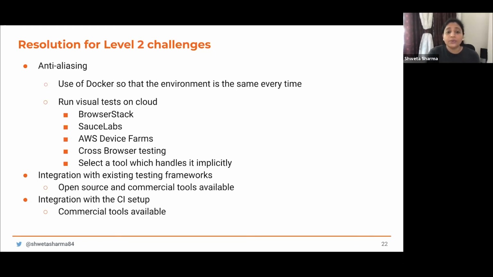Talking about integrating with existing testing frameworks, there are many open source and commercial automated visual testing tools available that would integrate with your existing testing framework. We'll talk about them. And for integration with the CI setup, unfortunately, we have only commercial tools available that provide out of the box support right now.